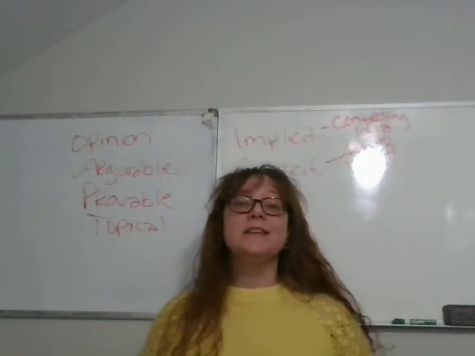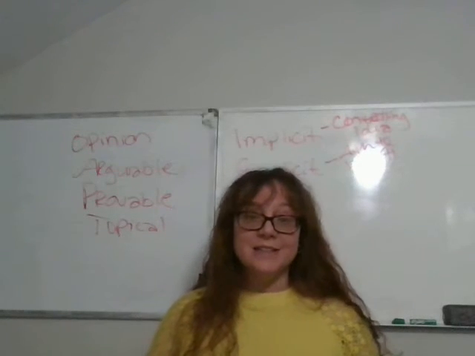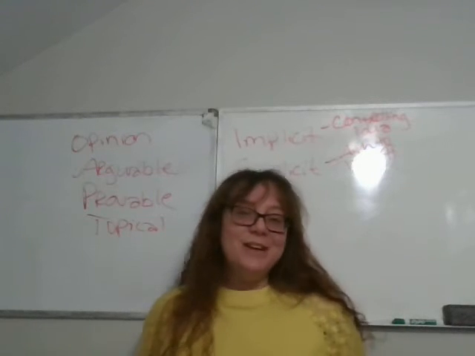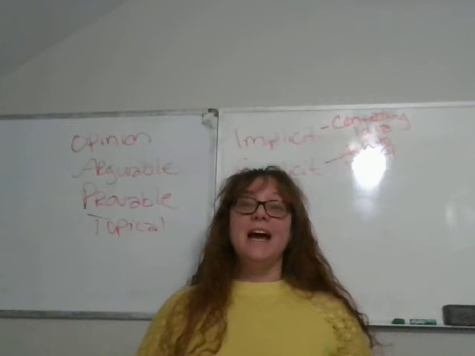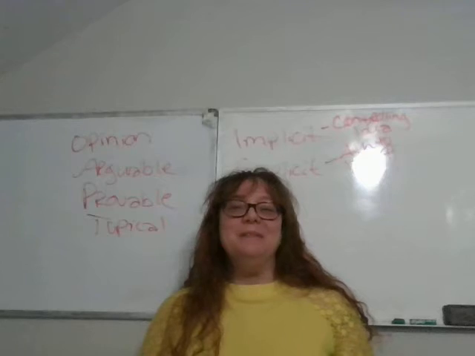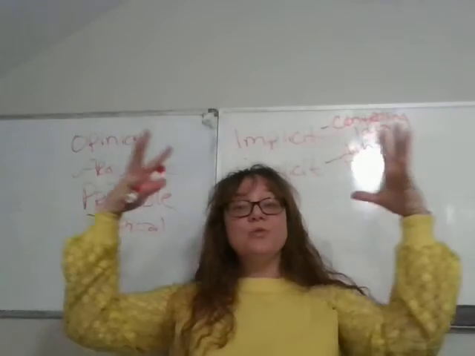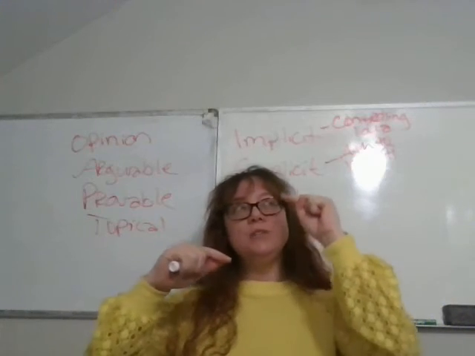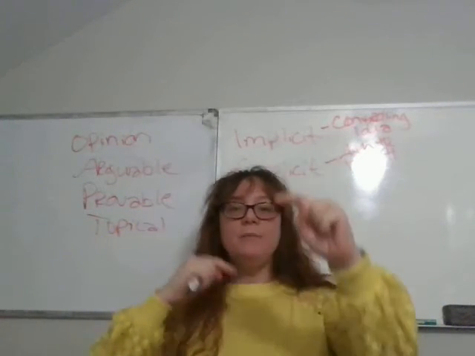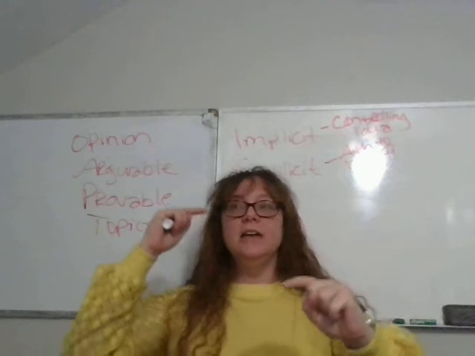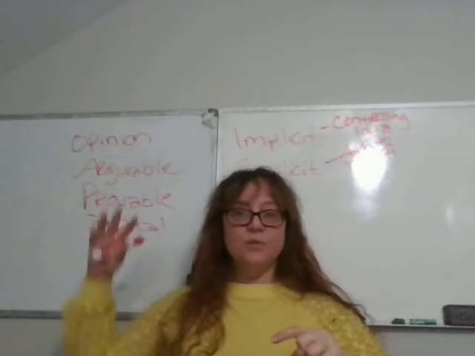If you've never written an implicit thesis, go ahead and try it. It's kind of fun to not have to have a thesis sentence. So try an implicit thesis where there's a controlling idea and each paragraph has some amount of evidence that shows